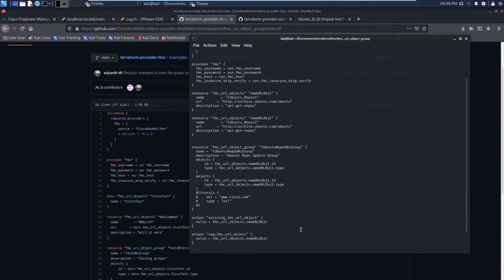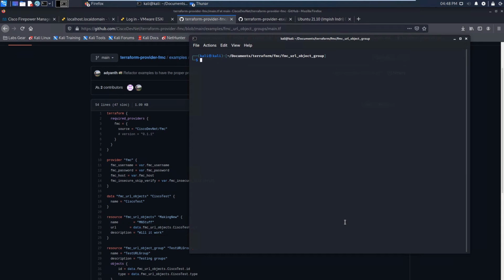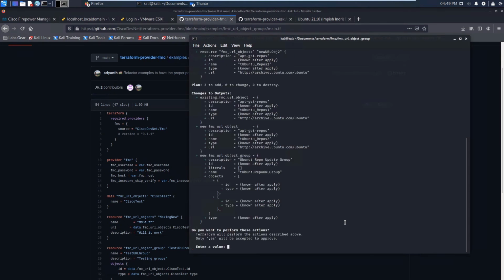There's a literal here. I'm not using it. This is just adding just that object directly, and then we've got some output. I will be using literals later in the network object video. All right, so let's go ahead and get this started. So first thing is that we want to initialize, as always, and then we're going to run sudo terraform apply. I've already done the initialization in this one,